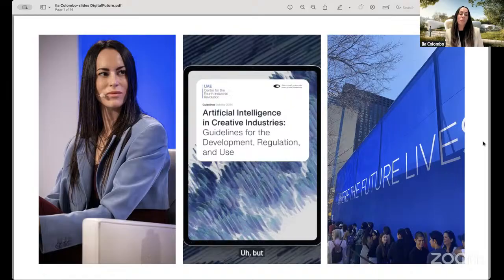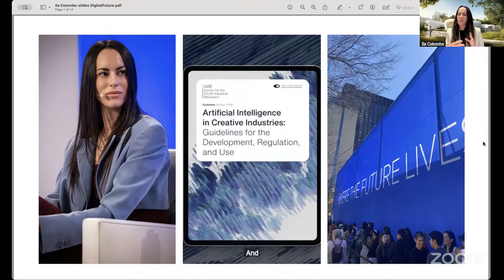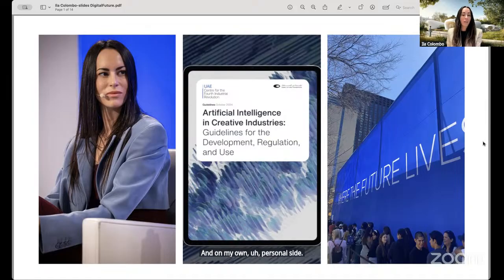But we also experiment with new methodologies in 3D printing architecture, AI for architecture, new materials and technologies, and everything in between. So we're fully interdisciplinary. I'm also co-director of Love Girl Studio. And on my personal side, I'm an artist working with generative art and new mediums. So I wear many hats.